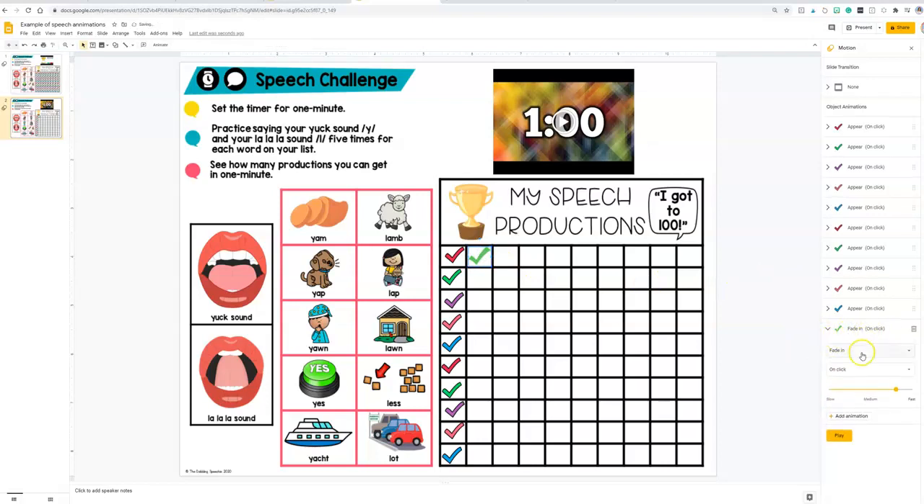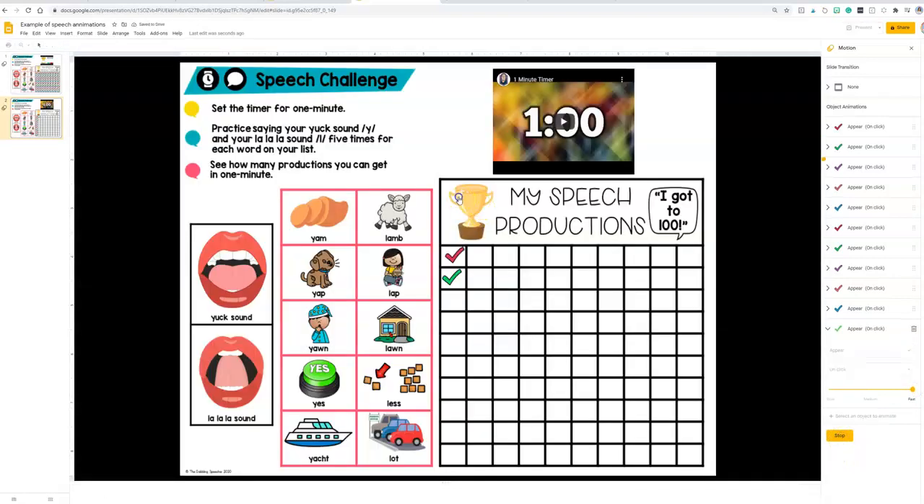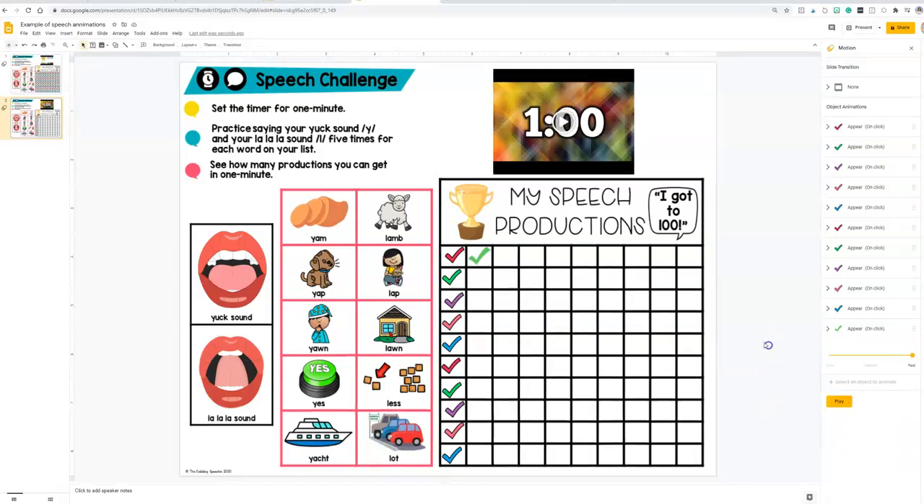So if you see over here, I'm not going to have it fade in. I want it to appear on the click, and I want it to go pretty fast, so I'm going to move it all the way over. So then we're going to click play to see how it looks. So they're practicing. Ta-da! Isn't that cool? So to do more check boxes, I'm just going to control copy and paste. And now I'm pasting down